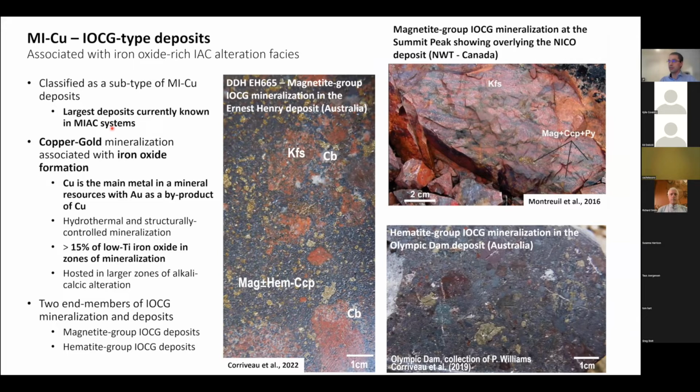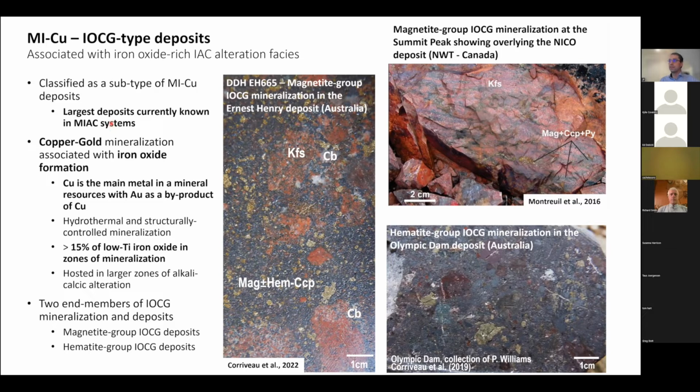There are sensu stricto IOCG, but there are also other types of mineralization zones that are not IOCG, and they should be classified as what they are, not as IOCG-like or IOCG-related, because this kind of blurs the relationship between these different mineral deposits and zones of mineralization, and makes it difficult to evaluate the fertility, but also the potential of certain areas of these large metasomatic systems.